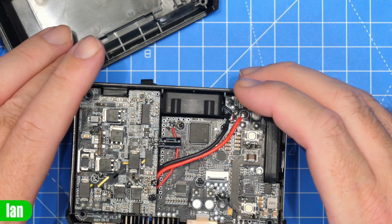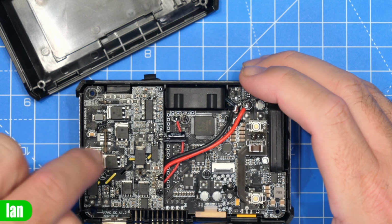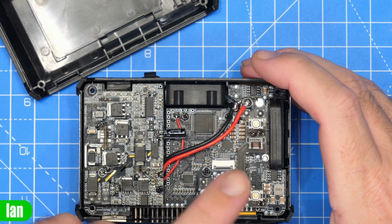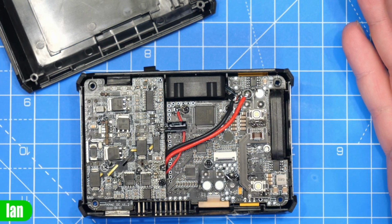It looks the same color, but it just feels that the components on this board, some stuff isn't quite straight. You can see that here, you can see that there, and there's just a feel to this board not quite being as tidy as the bottom one, but there's certainly nothing here that's going to cause problems. It's absolutely fine. Okay, so it's time for me to share with you my thoughts on the M7AC from ToolkitRC,